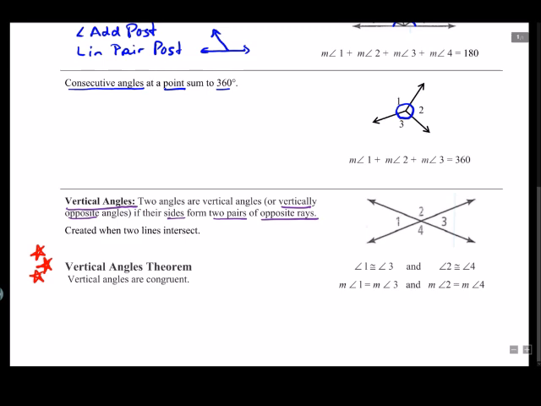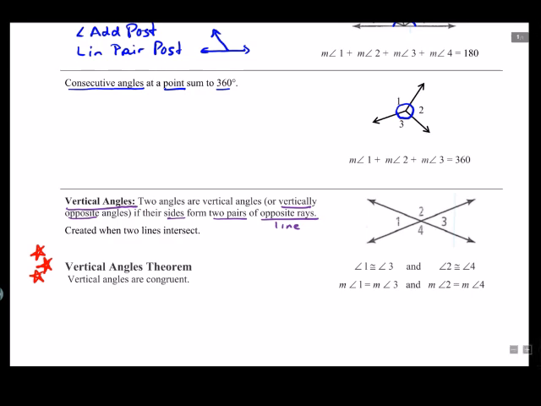So now let's look at our angles. Let's look at angle 1 and angle 3. Angle 1 has this side and this side. Angle 3 has this side. Notice how those two sides form opposite rays, right? Opposite rays mean a line. And then angle 3 has this line right here. Opposite rays. All right, now forget all of that. Actually, don't forget all of that. But